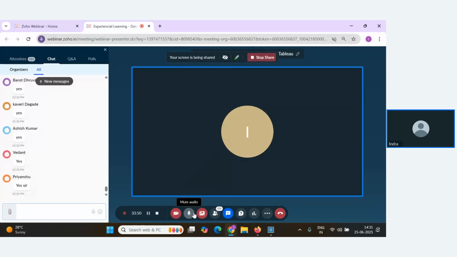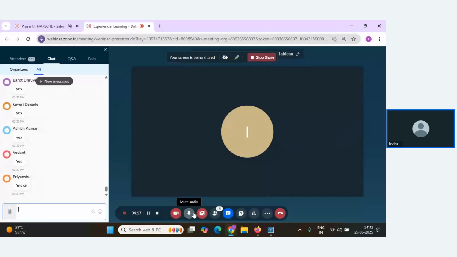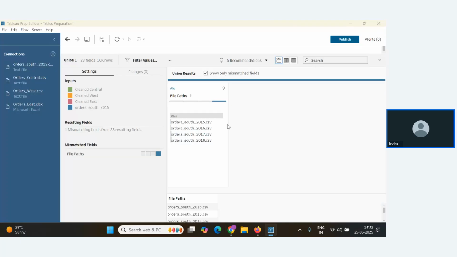Basically, we have to merge product and product names. We have to merge discount and discounts because these are the same fields only. Only the naming is different for both of them. Naming of the field names are different. Rest everything is the same inside this. So please merge them. Merge it and let me know.